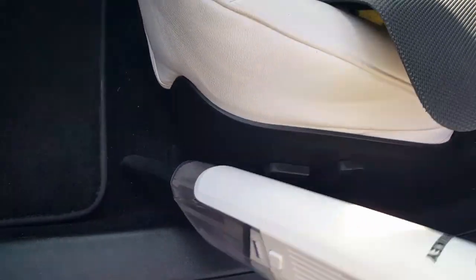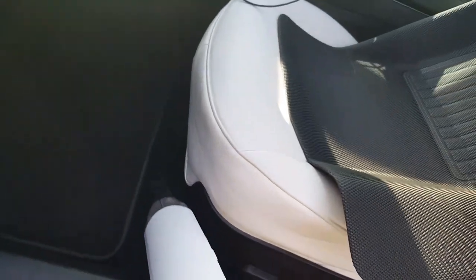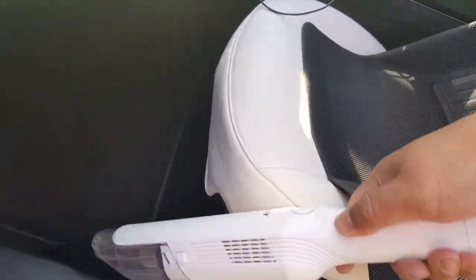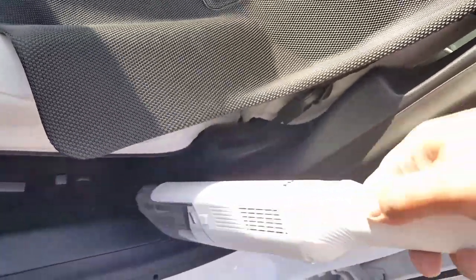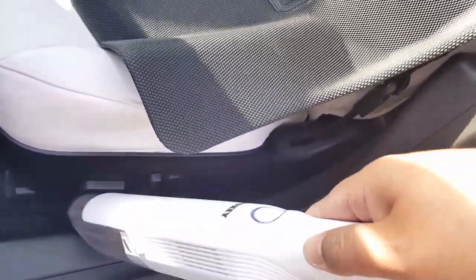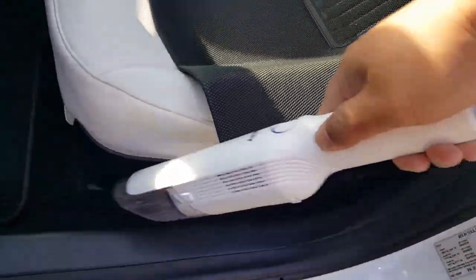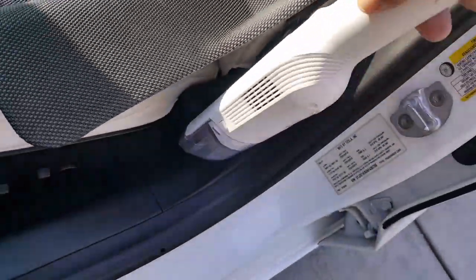Handheld vacuum is really good. Nice to have a little handheld vacuum laying around. You know, you don't have time to reach over and get a big power cord while you're driving or eating. This is so convenient. Hopefully with the Model Y coming out, they should actually have a little built-in vacuum in the car. But if they don't, that's okay. It's no big deal. Just get yourself a handheld vacuum. That way you can just dump it out yourself later on. So